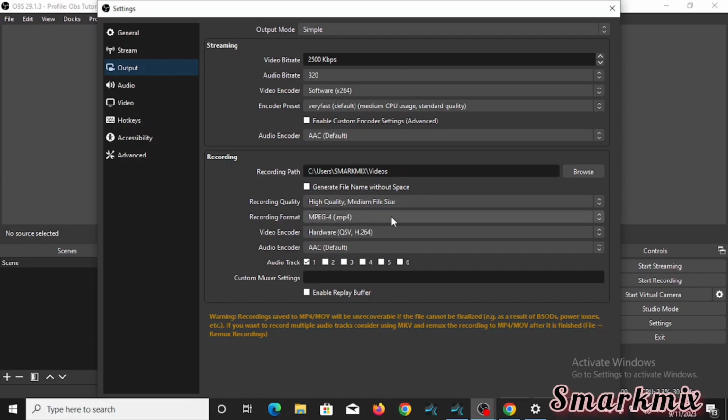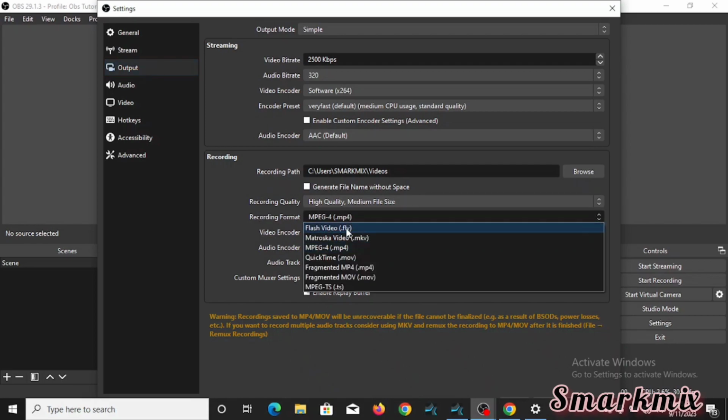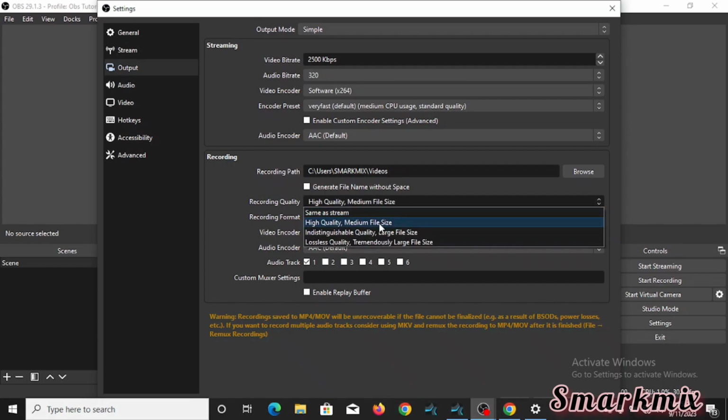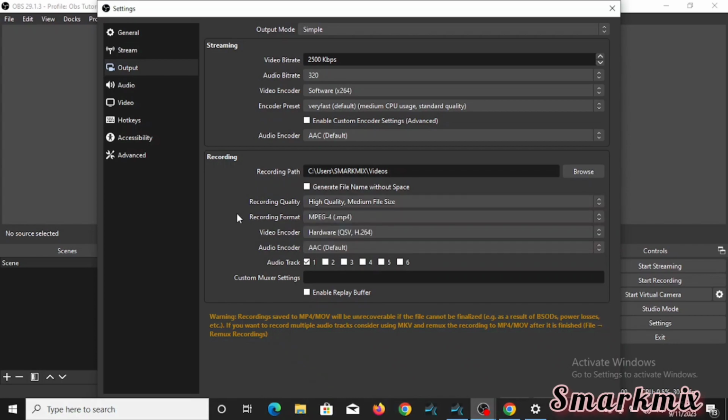You can choose the recording format. It's very important. If you are doing offline video, you need to choose MPEG-4. Very, very important. Please keep that in mind. And here, for the recording quality, make sure you choose high quality, medium file size, so that you won't get an